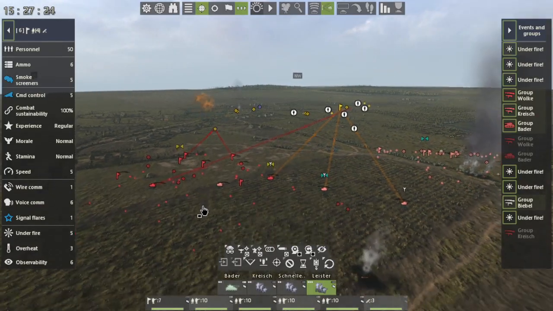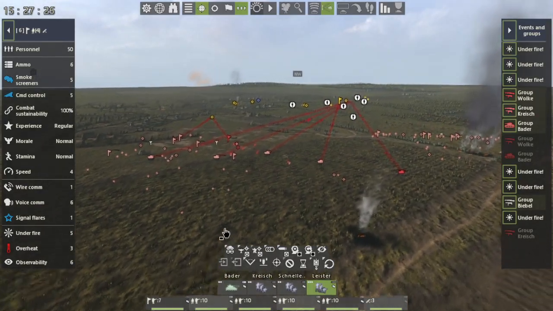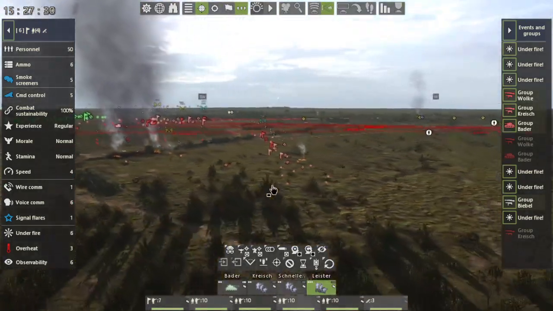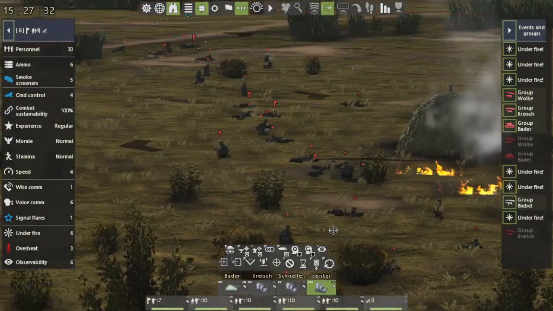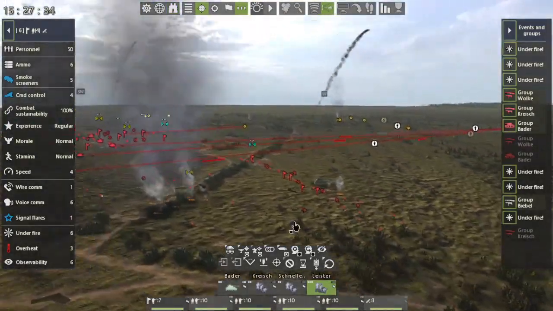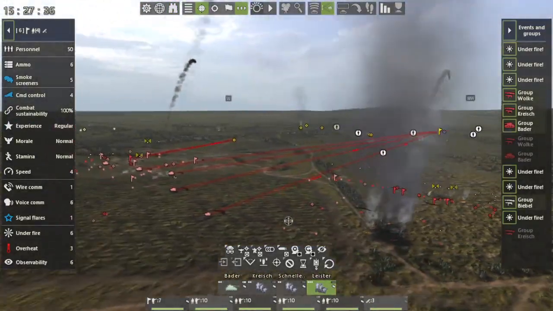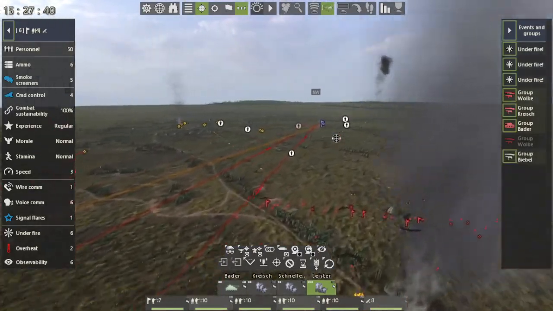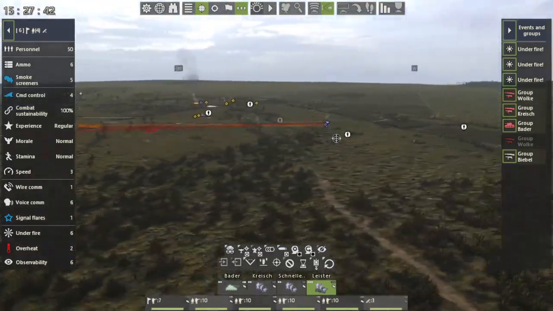And it's hard because you're fighting an AI. The AI is going to seek cover. They're not just going to walk in the line and get shot by mortars, like right here. We could spread them out a bit with a sparse command, and that should force them out. But either way, if we go and observe how this battle's evolving over here, we're already pushing